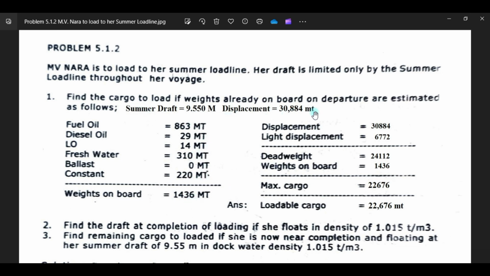When you say summer, your summer drop will be 9.550 and the displacement is 30844. So that will be your summer load line, or summer drop, which is 9.55, which is this one.